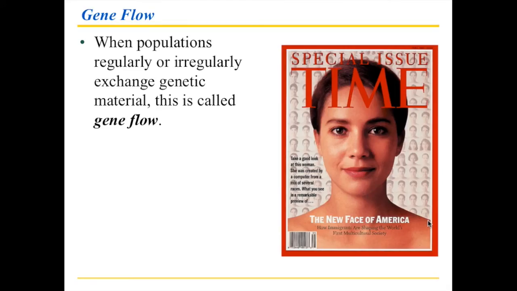Now, gene flow is the second one of these types of changes, and gene flow means that populations that are perhaps a little separated still exchange genetic material periodically. And so if you consider, let's say, the people living on the west coast of the US and on the east coast of the US, it used to be that those were 2 very distinct populations. If you go back to, let's say, the 1840s, just before California became a state, you had a lot of